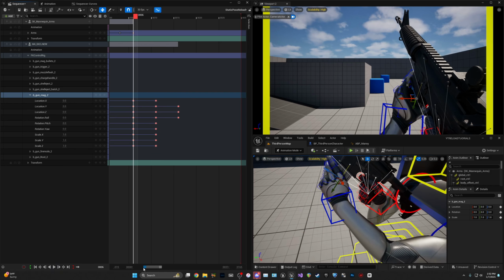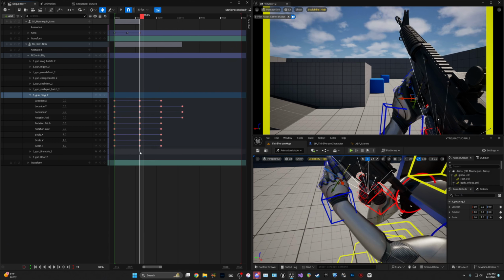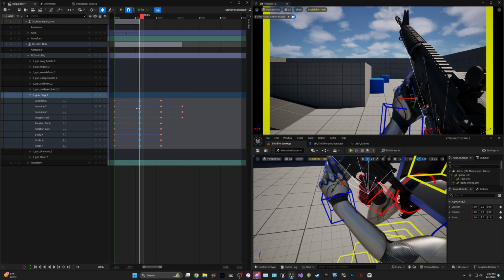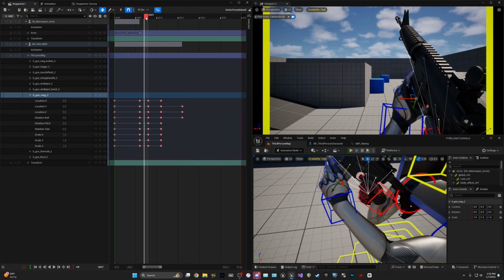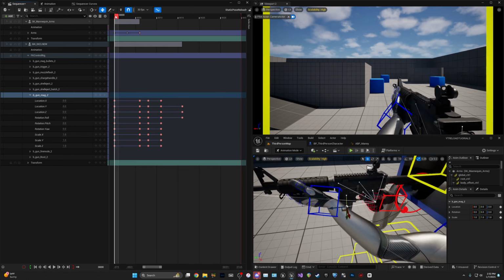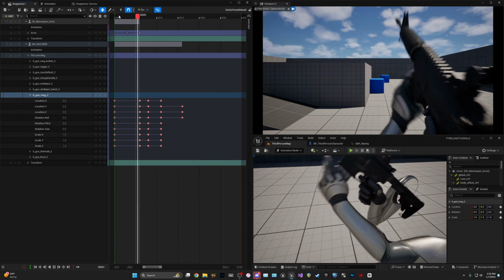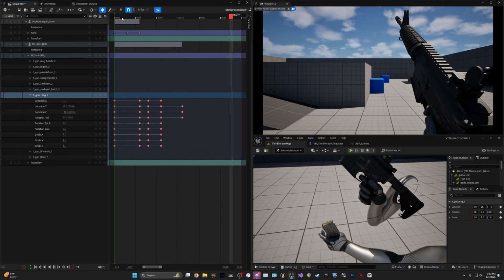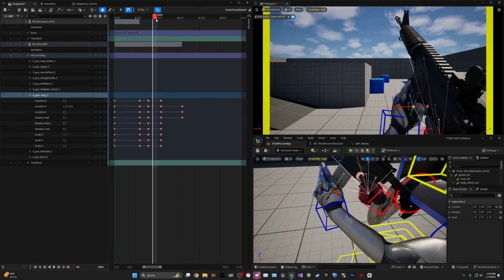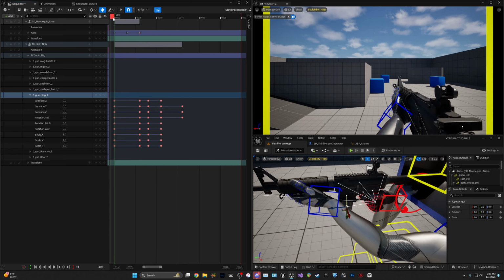And before we move on, I'm going to copy all these frames by just holding left click and dragging and highlighting them. They'll all be blue. I'm going to Control C to copy them. And then I'm going to go, I'll say 2 frames. So then it kind of holds this pose before it pulls it out. So it's like that. It's kind of like a small delay, and it just makes the animation look a lot better. Now you can make it 1 frame, 3 frames, whatever you want,